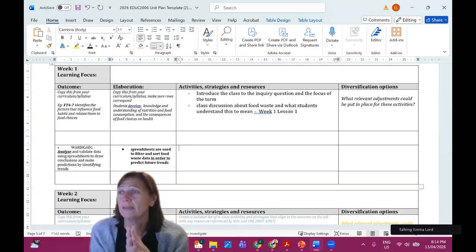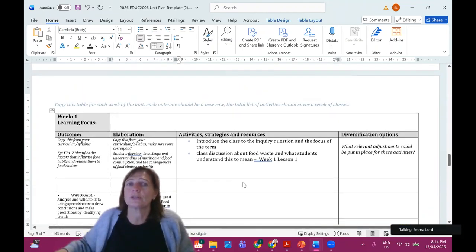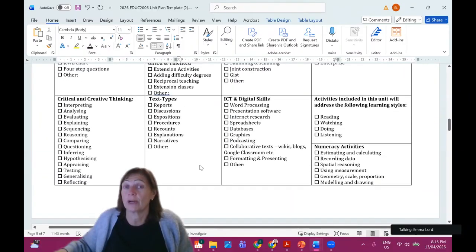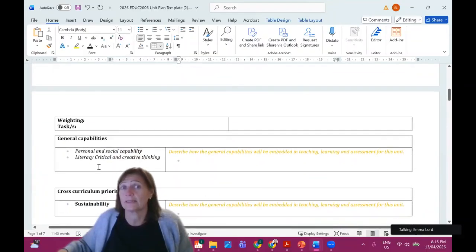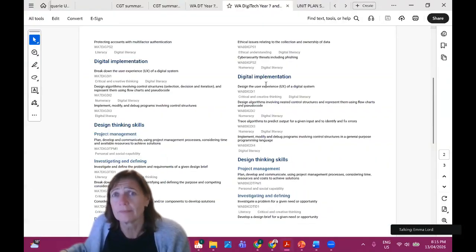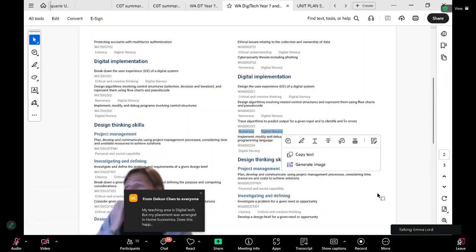You've got to remember that we're going to be including in here, it's good to have a problem, to have your design thinking in there, they're solving a problem. We've also talked about how you're going to have your cross-curriculum priorities in, and your general capabilities. And the great part of the WA curriculum for this is it's telling you which ones are in. So when we go into here and you pick your outcomes, they tell you numeracy and digital literacy. So for instance,